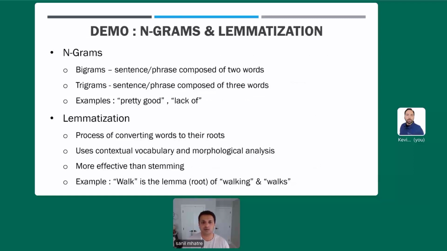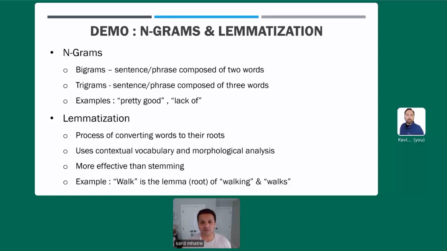Next, let's quickly talk about n-grams and lemmatization. Words which make sense individually, just one word, it's called a unigram. When two words come together and make more sense when they come together, they are called bigrams.